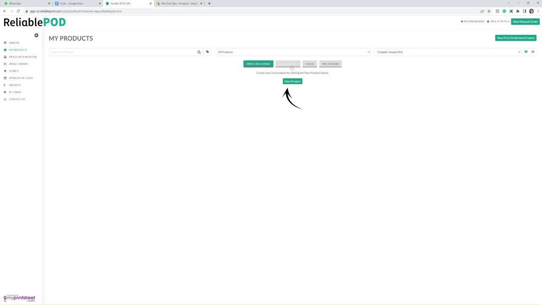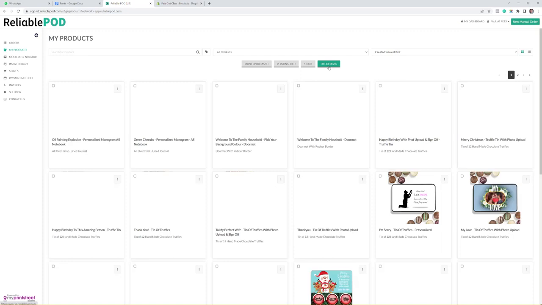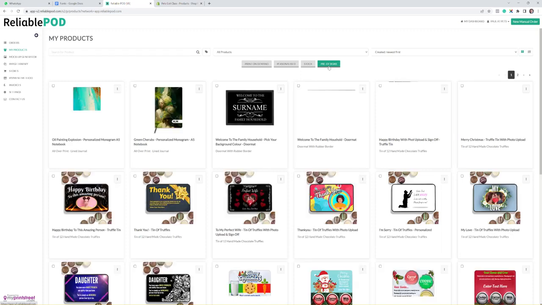If you're going to create a personalized product, then you need to click on this tab and then click New Product here, which in turn will give you the options to create a personalized product with all the upload fields. We do have a section here which is the pre-design, which if you click on there, we put lots of pre-designs of products in